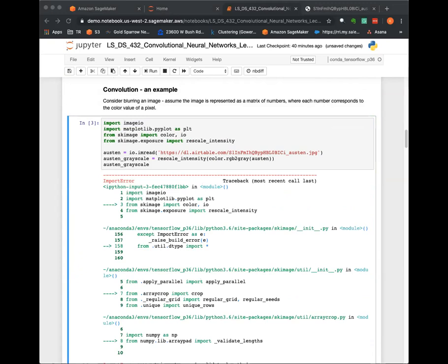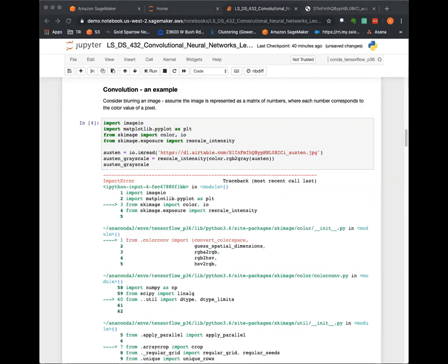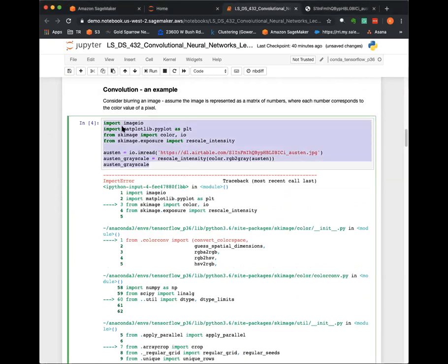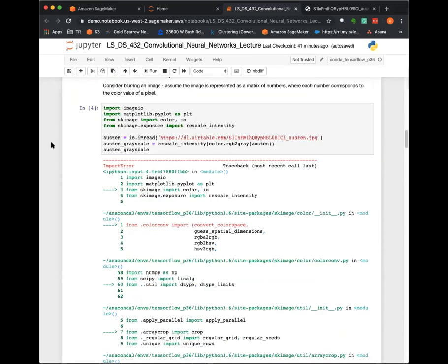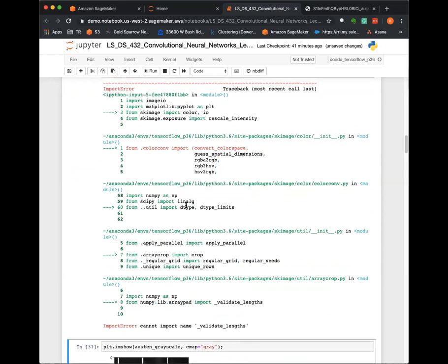Image.io, scikit-image. Okay, I'm gonna try to copy this over. Image.io, PLT. Oh, that's interesting. It's running just fine on my other instance. Okay. That is weird. Is there something that I didn't run? Hold on. Oh, that is very strange. Let me get back to that. Ooh, that's not good. Yeah, I literally have the exact same notebook. It's running fine on SageMaker. Yeah. Is anyone else having an issue? That's very strange. Austin, cannot import name validate links. Okay, well,